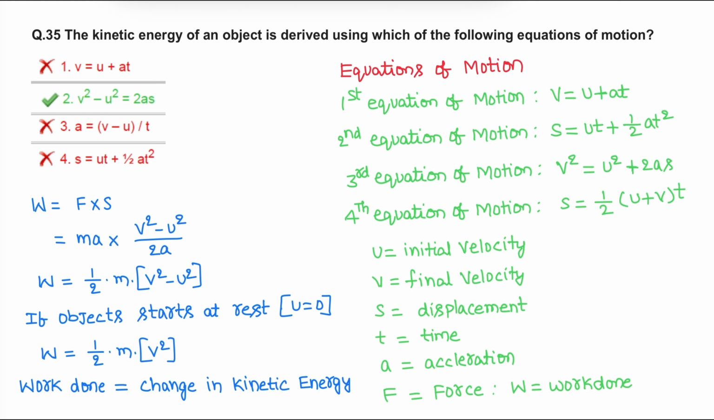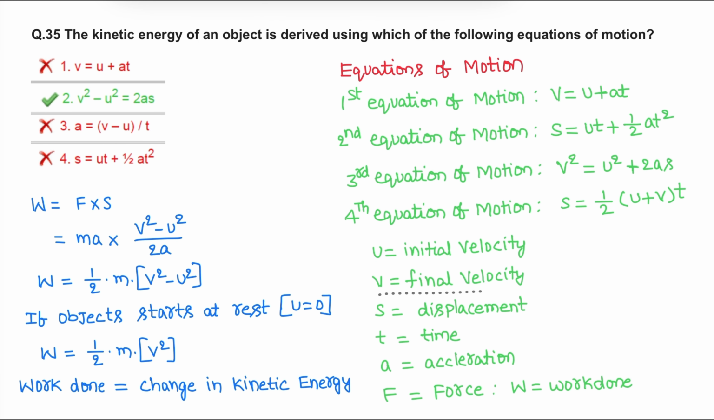Question number 35. Kinetic energy of an object is derived using which of the following equations of motion? There are four equations of motion. First equation of motion is V is equal to U plus AT, and second equation of motion is S is equal to UT plus half AT square. Third equation of motion is V square is equal to U square plus 2AS. Fourth equation of motion is S is equal to half U plus V into T,